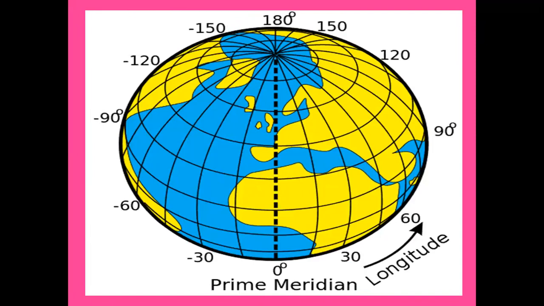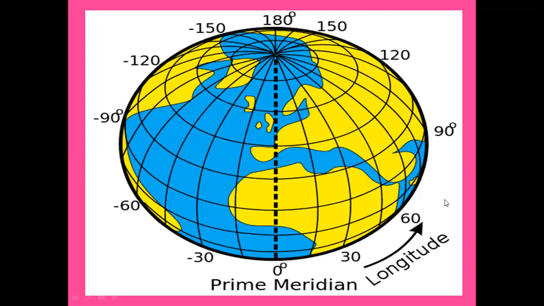The next one, what we see is the longitudes. What you can find here is the prime meridian from north to south. This is entirely different from what we saw in the previous image, which was equator. That was east to west. But here the prime meridian, we can see 0 degree, 180 degree over here, which is exactly in the center, which divides the earth into two parts, which is known as the prime meridian. So this is about the longitudes, and this is how the longitudes move.